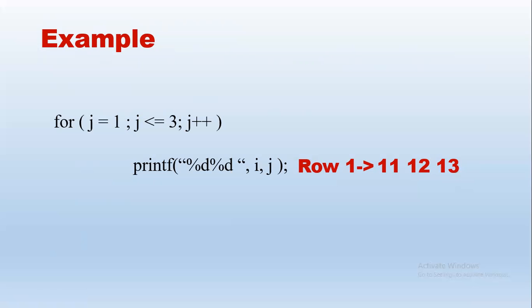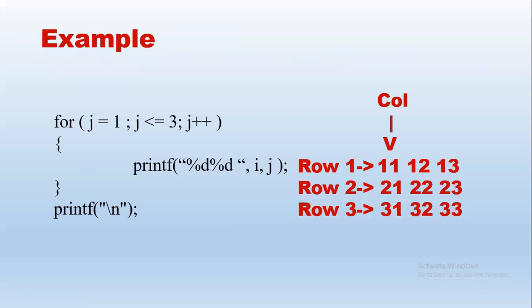Right? So when we see this, we see the values start from 1 and end at 3. So a for loop is necessary. So we take j starts from 1 up to j less than equal to 3. So every time j increments by 1, so we have the value 1, 2, 3 for the value of j, which is the column, the second digit in these numbers. Let us consider, so this will be one loop, and if we need to print columns, so we will have the next row in the next line. So that is the reason we give a printf/n, so that next row gets printed in the next line.